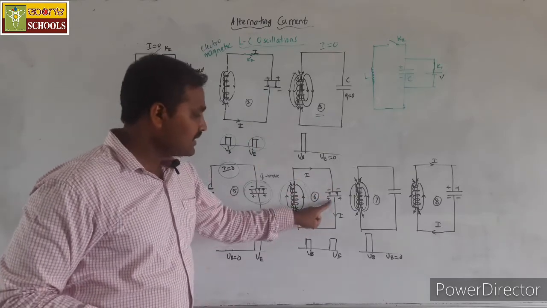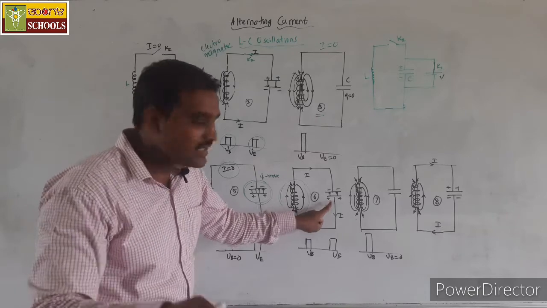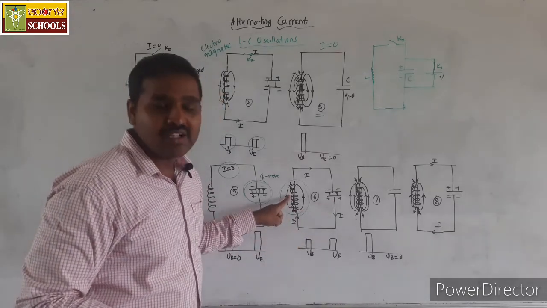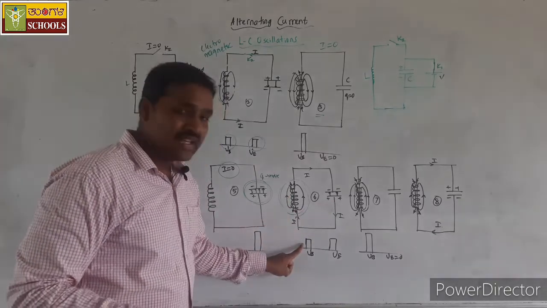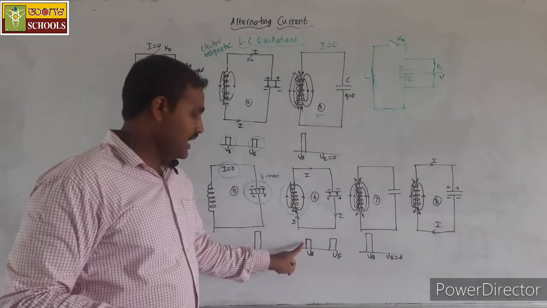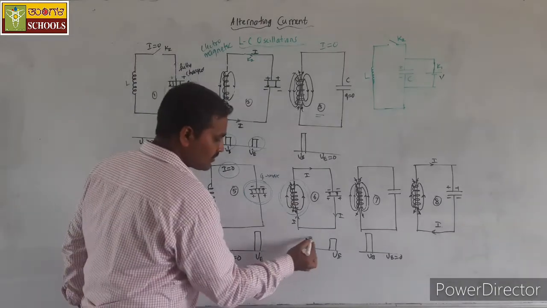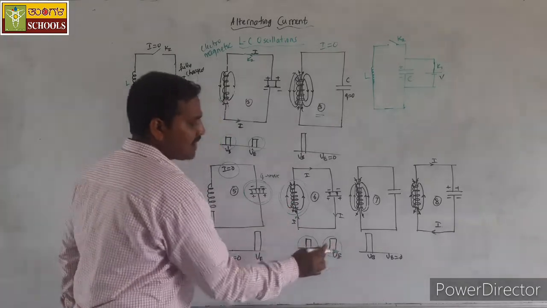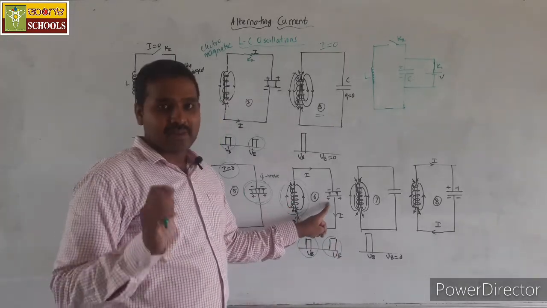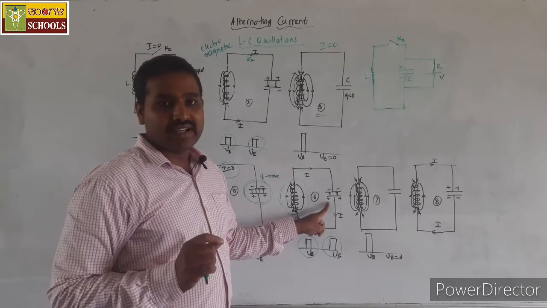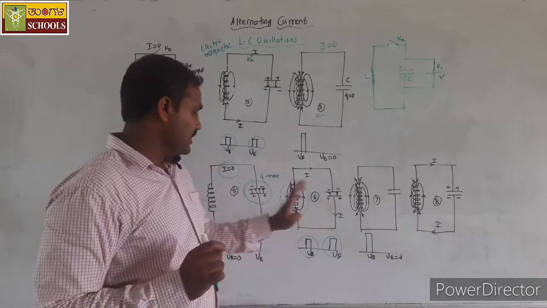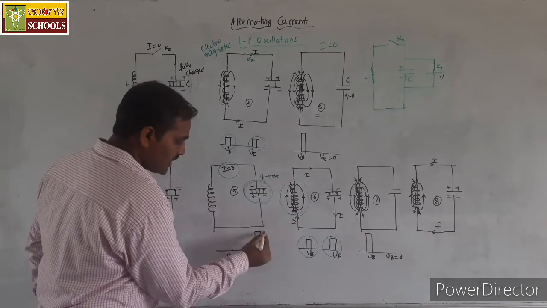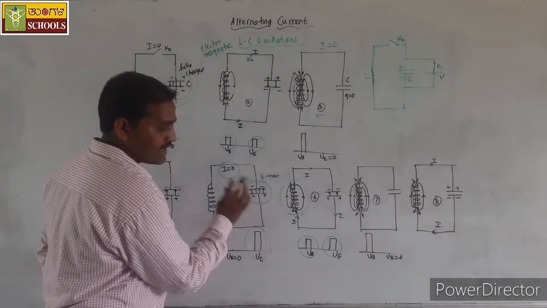Again the capacitor starts getting discharged and the energy will be stored in the inductor in the form of electromagnetic energy. At this point of time, some part of the energy will be available in the form of electromagnetic energy and the remaining part of the energy will be available in the capacitor in the form of electric field energy. In the previous step all the energy was available as electric field energy.